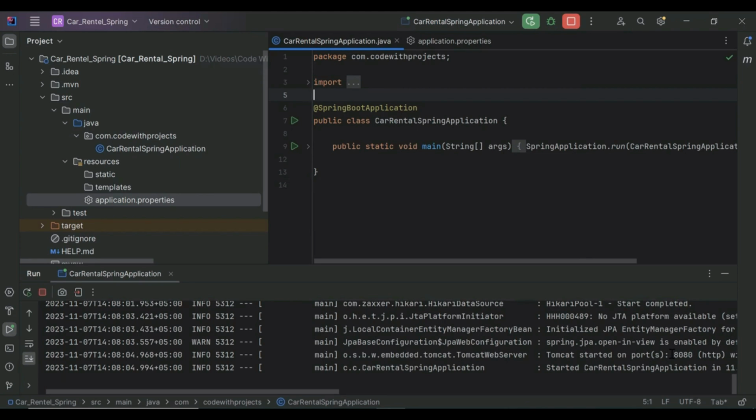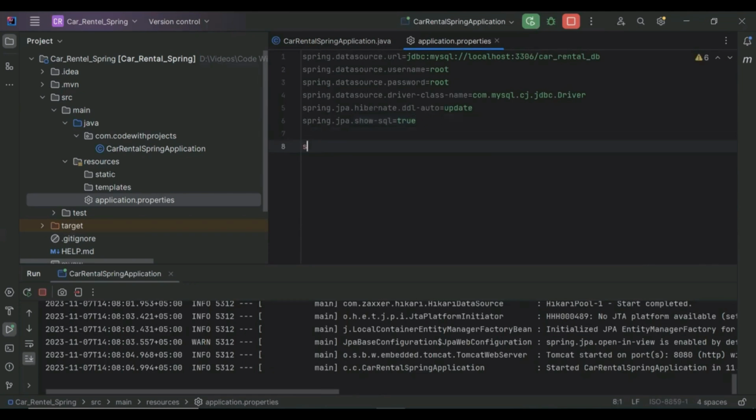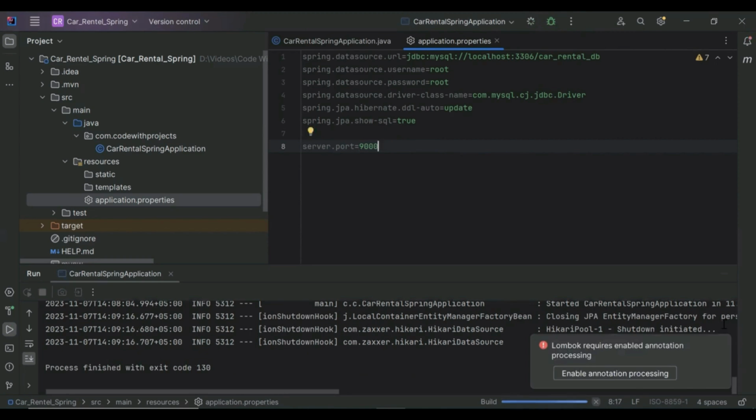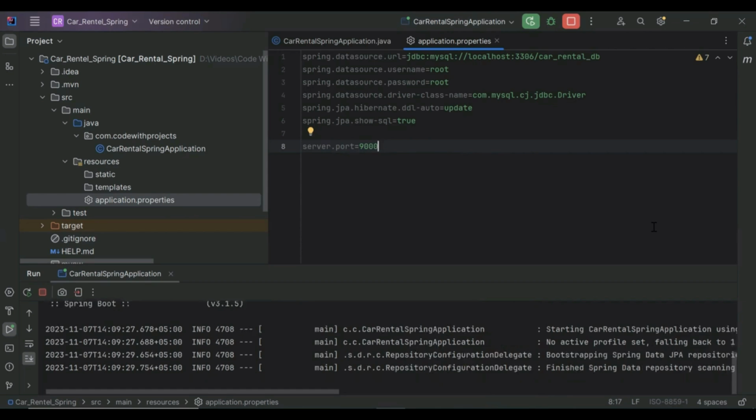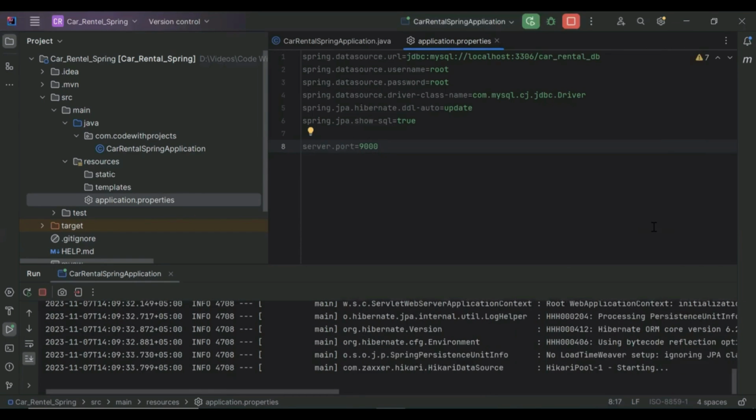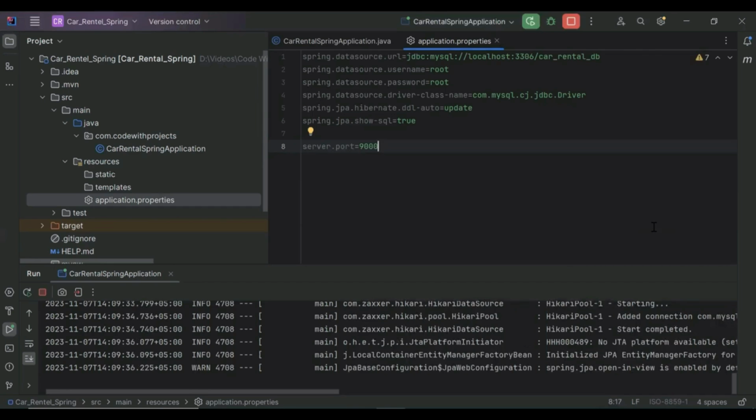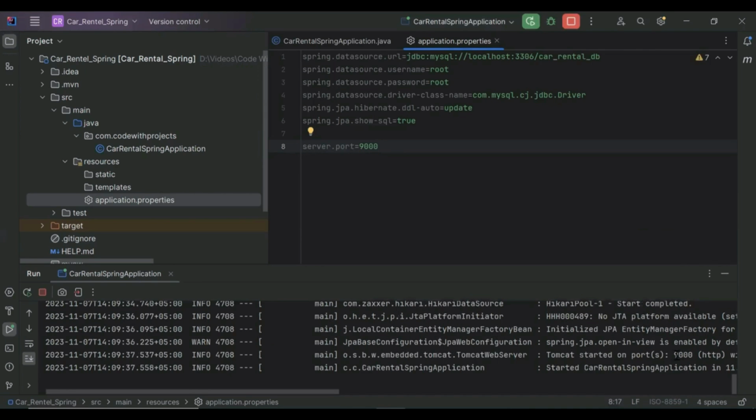And you can see the application is started on port 8080. So that is the default port. You can change the port by using a statement, so I want to run the Spring Boot application on this port. Let's stop this and run again. And you can see the application is started on port 9000. I will use the default, so I am removing this line.